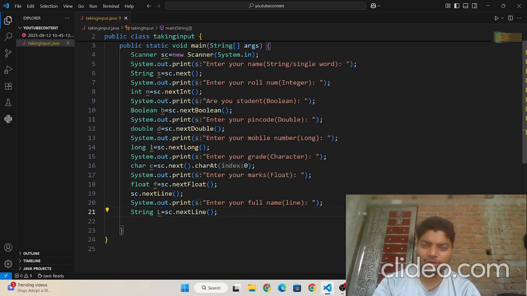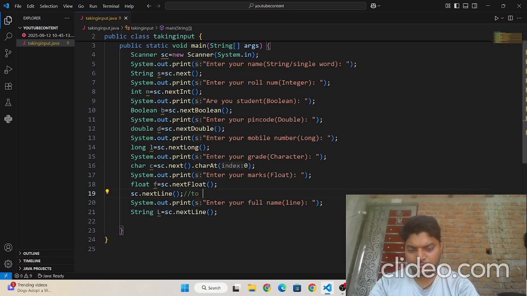It means when I call the output statement, it will show blank space. It will not show anything. So to clear the buffer, we write this line first.